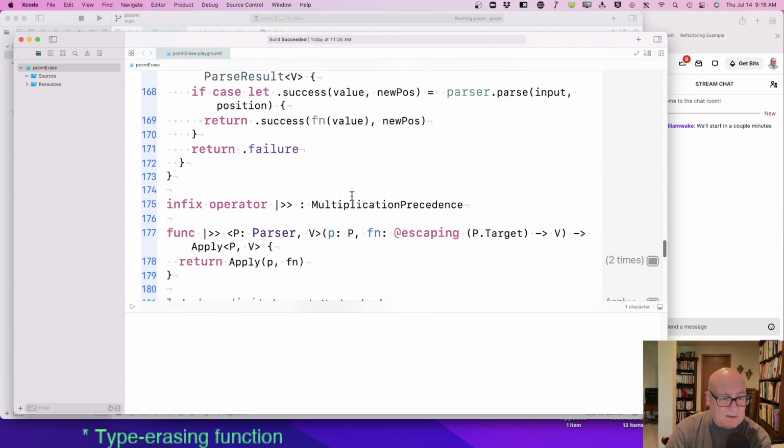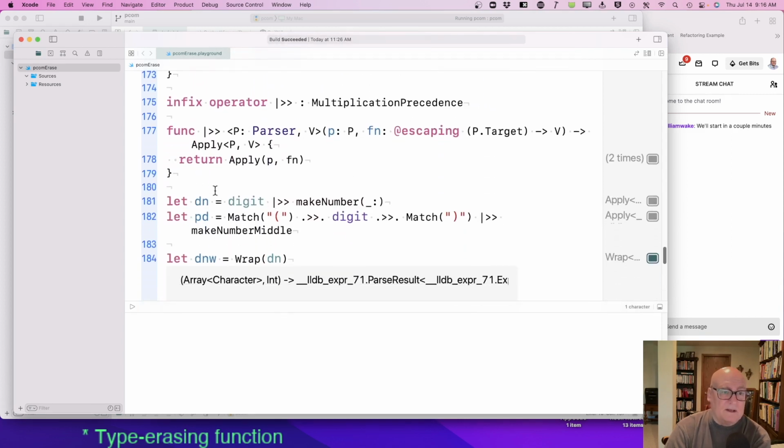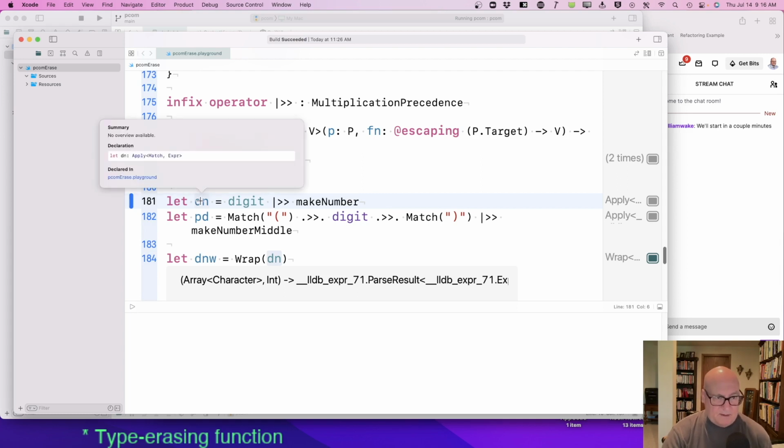Let's see. I think I might have an example. Yeah. So here we have digit, which matches one character 0 through 9, and you pipe it to make number. And that make number function we had before, I think I don't even need this stuff. That's boilerplate. Okay. The type of this is apply match expert. So it's taking the parser and the function.